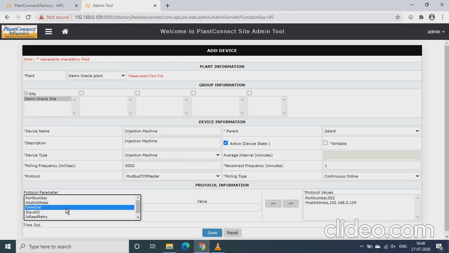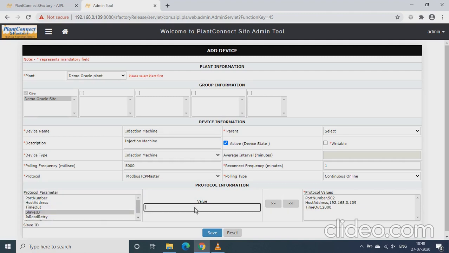The timeout in my case will be 2000, and the slave ID for the Modbus TCP is 1. So with these 4 keys, we are done with the configuration of Modbus TCP.